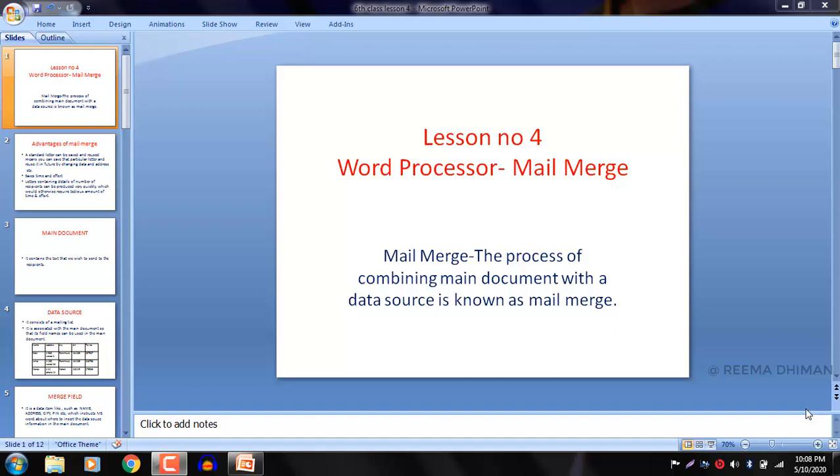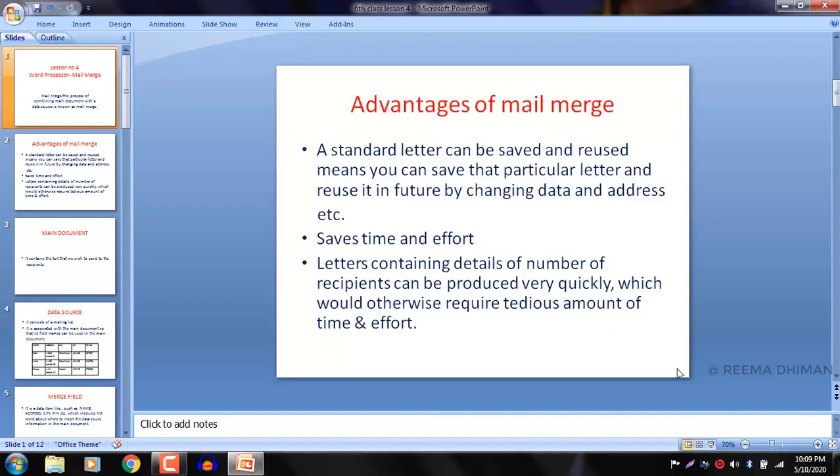Let's discuss the few advantages of using mail merge command. So the very first is a standard letter can be saved or reused. That means you can save that particular letter and reuse it in future by changing dates and address, etc. Number 2 is saves time and effort.